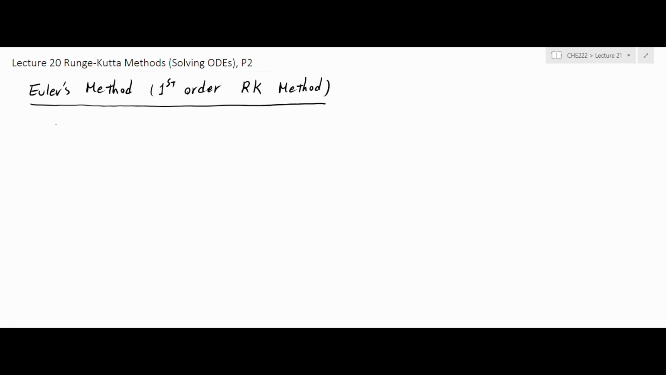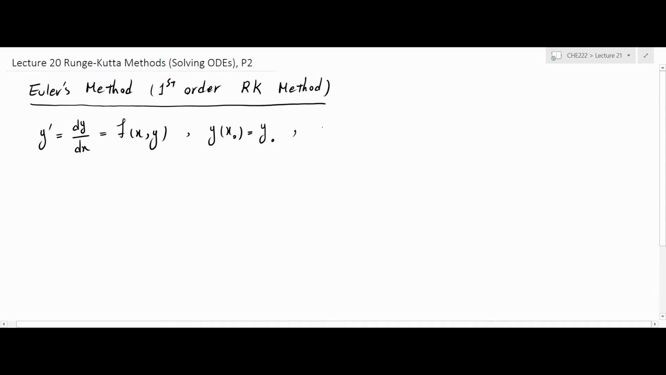If you remember, the question is to solve the ordinary differential equation of this form. And we know the initial condition, which is, and for the time being, we assume that the step size is also given to us, which is equal to the maximum x minus x0 divided by the number of steps. And the Euler's method formula to extrapolate the value of the function at the next x was,